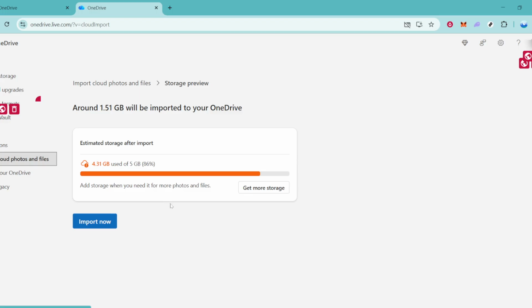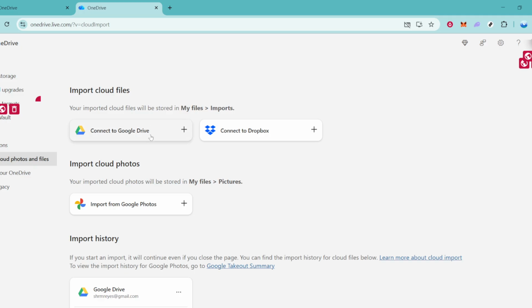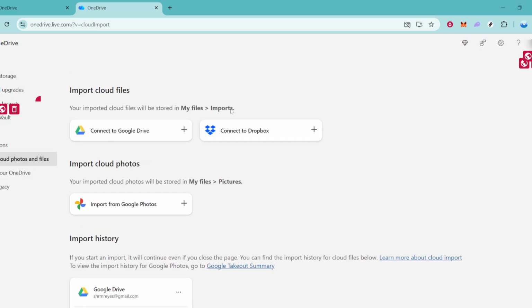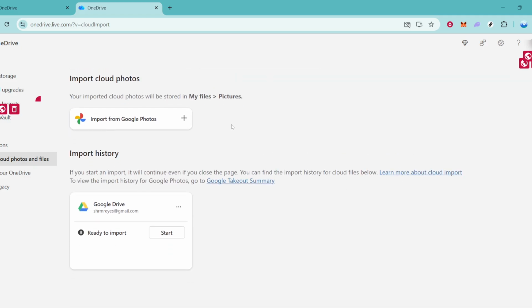If you're organizing a lot of material, importing in smaller batches can make it easier to track progress and keep your OneDrive tidy. If you also use other services, you can repeat the same process to connect options like Dropbox or Google Photos. Return to the Import Cloud Photos and Files section, pick the service you want, and authorize it